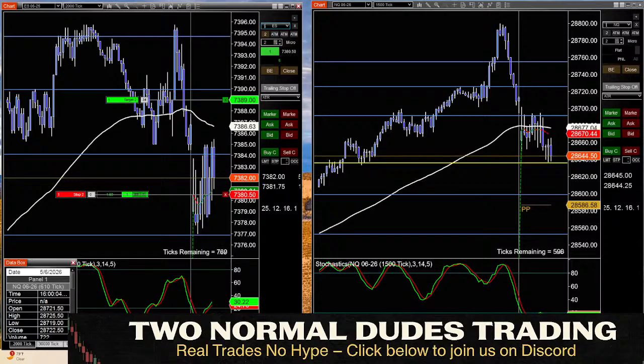You can 100% trade the 15 and the 30-minute range on the Asian Open. It works just as well as the 9:15 and the 9:30 range on the New York Open.